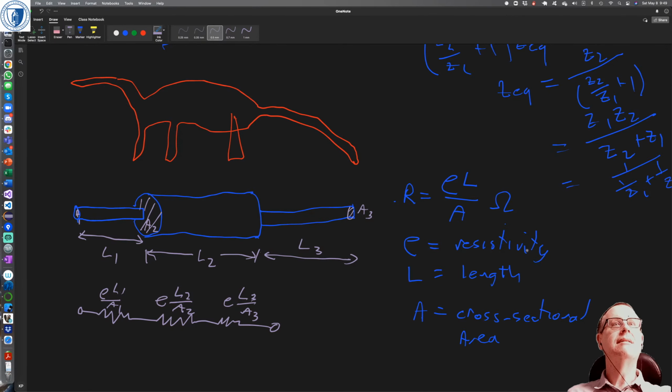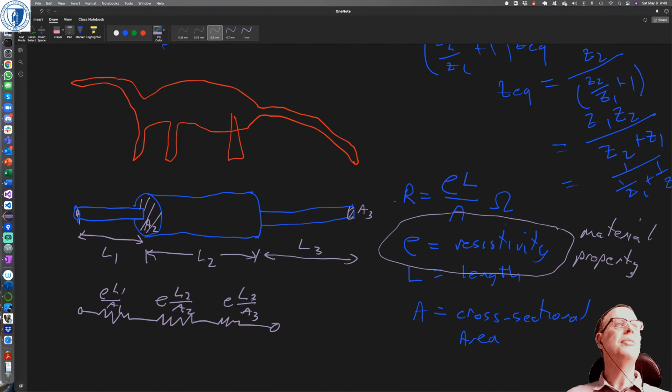And that resistivity is a material property, right? It changes depending on what the material is. If it's made out of copper, that's one thing. Obviously, copper doesn't have much resistance. If it's made out of carbon, that's something else. If it's made out of hard plastic, like the Apatosaurus, it's made of something completely different. Okay, so that's